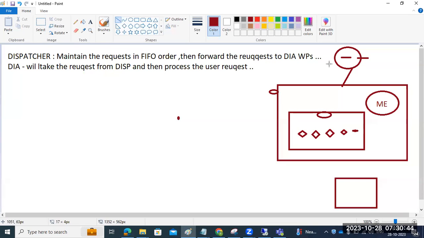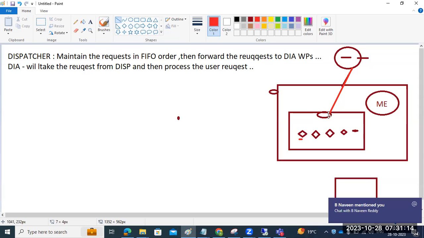Whenever a user logs into the system, the request will go to here. Then the dispatcher will check if the dialog work process is free or not. Free means waiting. If it is waiting, it will hand over the request. If not, it will maintain the requests in order, first in, first out.